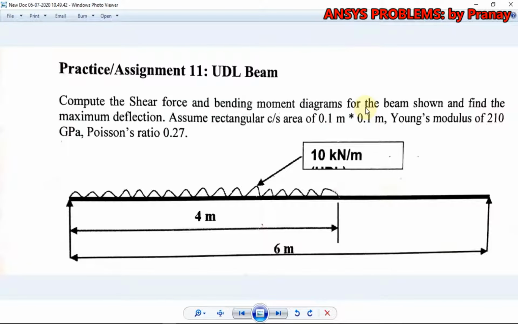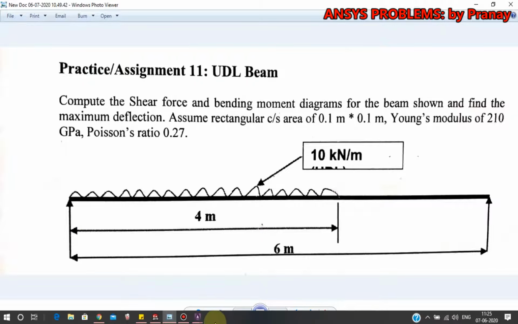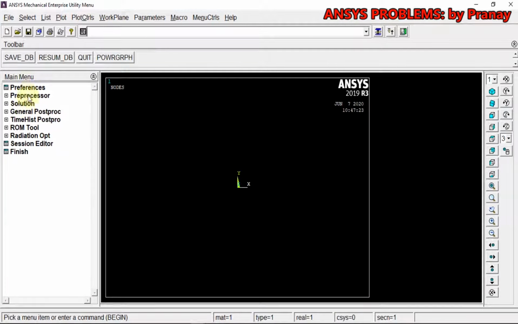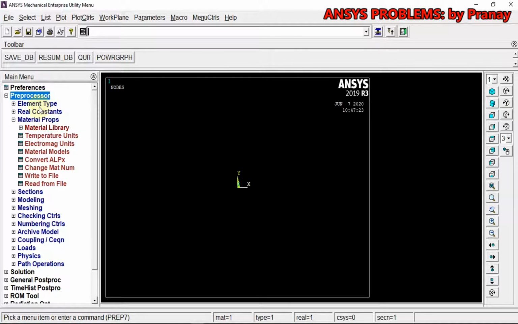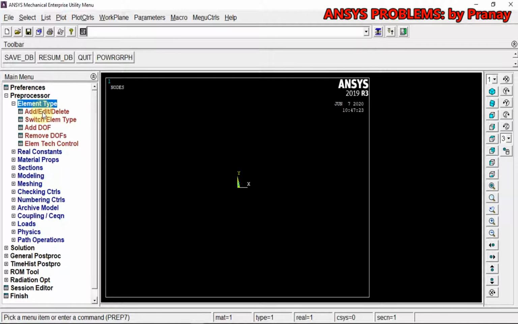Hello. In this video we are going to discuss another loading condition in beams, that is uniformly distributed load, as we can see over here. So 10 kilonewton over the span of 4 meters. So let's do it in Ansys, going for preferences, structural, and for element type, we are going to select beam